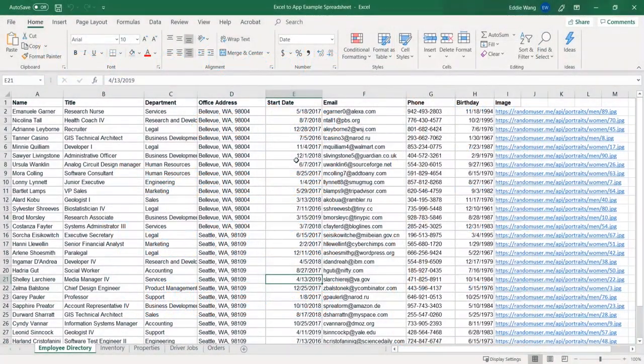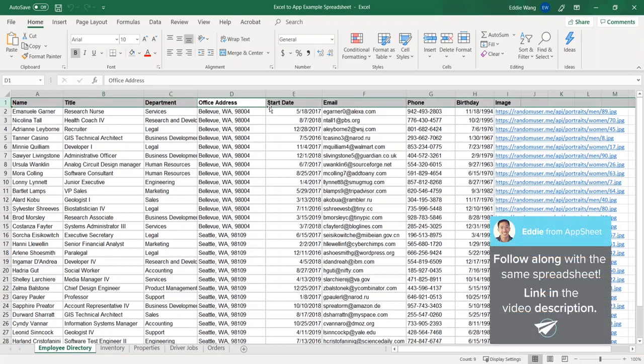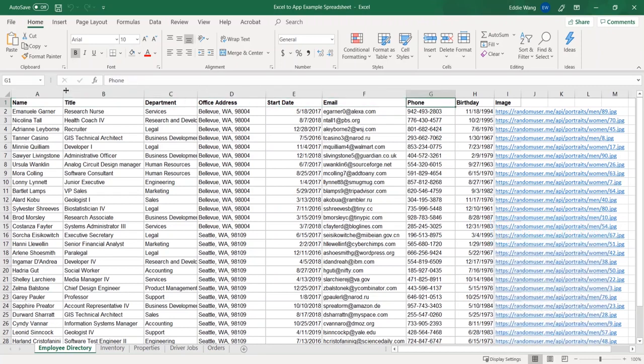Here you can see that I've pre-populated a simple Excel spreadsheet with column row headers and data for an employee directory database. It's important that our column headers are always located on the first row for AppSheet to be able to interpret our data structure. So here you can see that we're starting with name, title, department, office address, start date, employee, phone, birthday, and